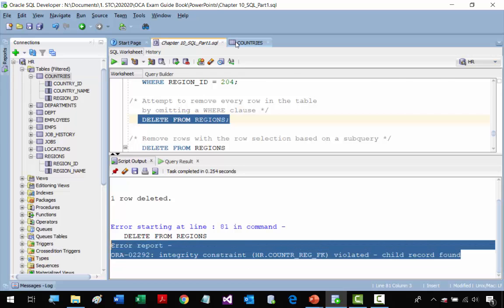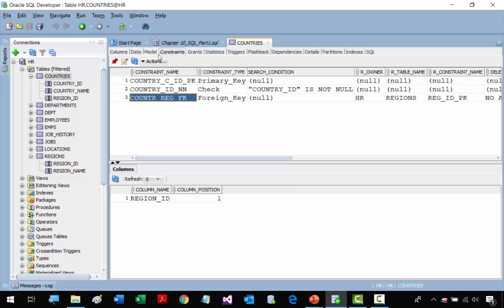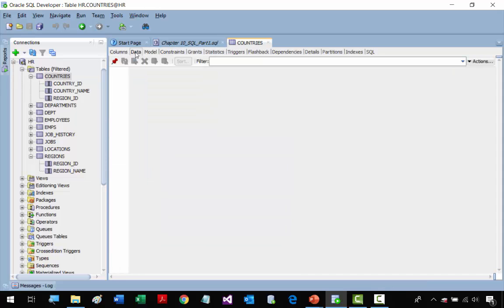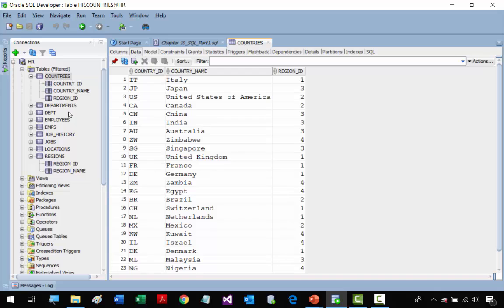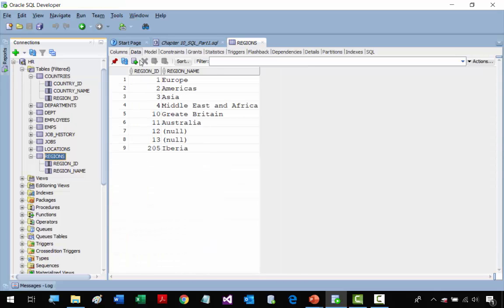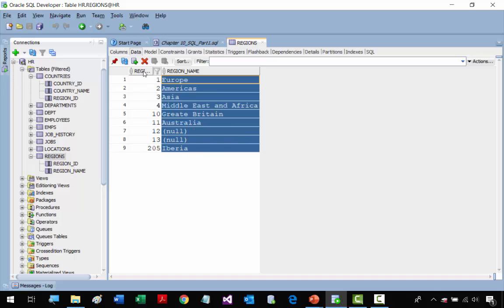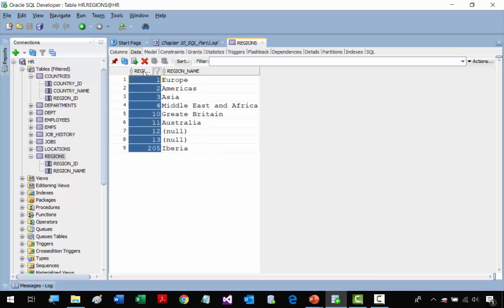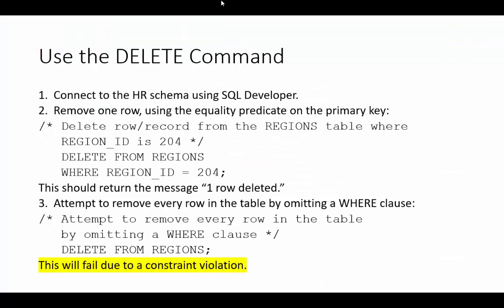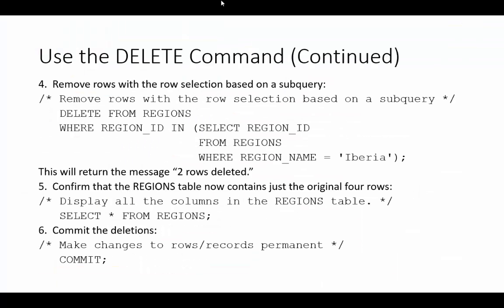Okay, so we go to the table of regions, and you'll see the records were not deleted. If we didn't have that primary key, the records would have been deleted. Okay, the next example,